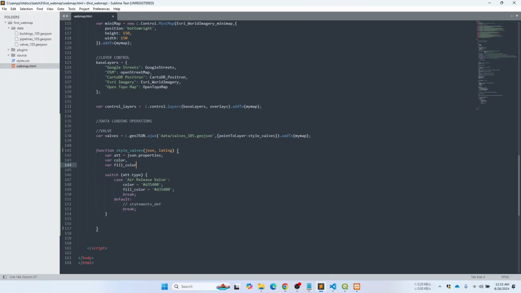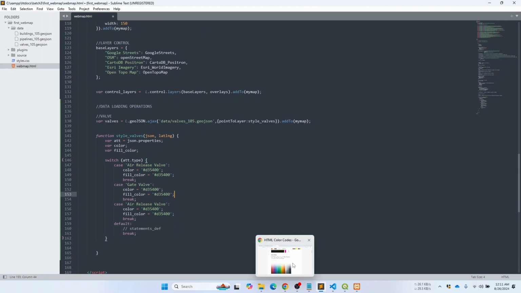Okay, semicolon. And this will be good for air release valve. And I'll copy this a couple of times. And our next one is gate valve. And for gate valve, I'll choose,